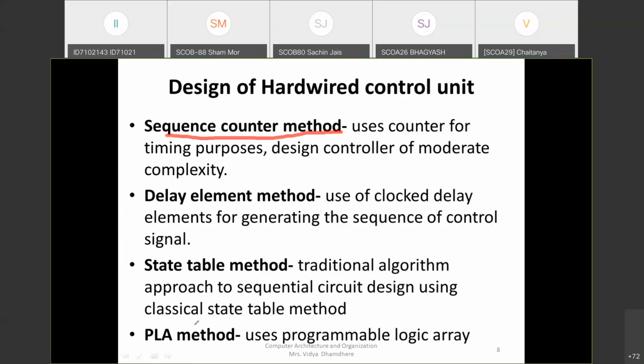And the last type is PLA, that is the programmable logic array method. It uses programmable logic devices, that is, AND and OR operations are involved in these PLA devices, related to the hardware control unit. Whenever we say that hardware control units use different approaches, it is to simplify the semantic method through which we can design this type of hardware. Out of these, the first three, that is the sequential counter method, delay element method, and state table method,